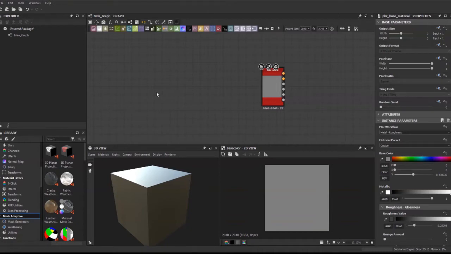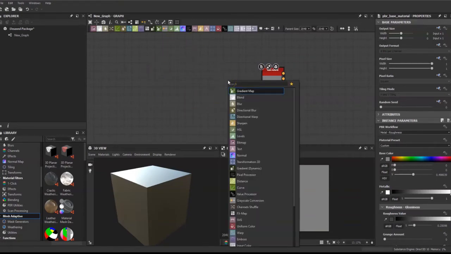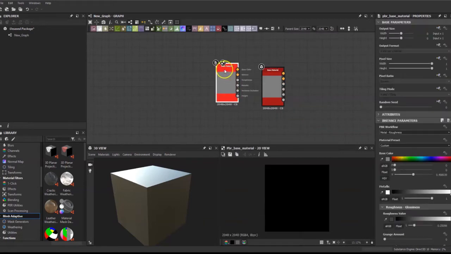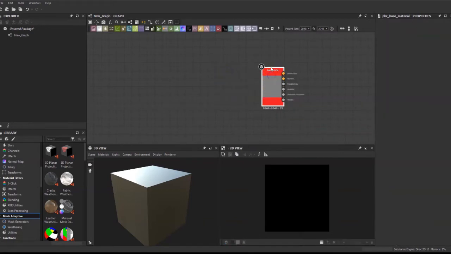So what I've done is I've gone along here and I've added this node, which is the base material for a PBR sort of graph. I did that just by clicking in anywhere in here and pressing space, and you can now use your keyboard to search. So I've done PBR, and it's just this base material here. So that's what it is. I'll just do that one as I've got this one,